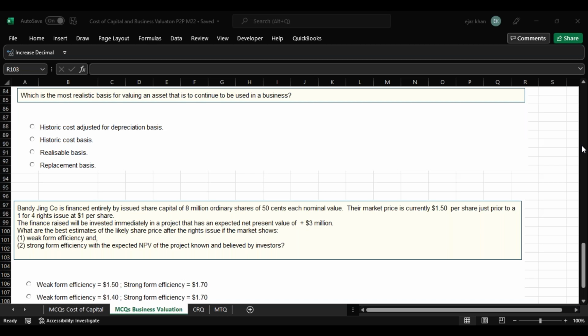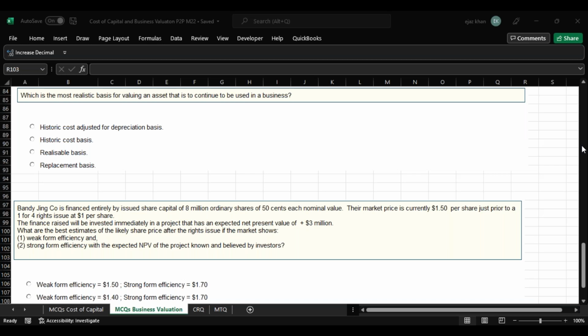And efficiency is how quickly the stock market responds to a piece of information and reflects it in the share price. That's called the efficiency of the stock market. There are three levels of a stock market's efficiency. Number one, the weak form of efficiency. The weak form is a very theoretical form, which does not exist in practice, but theoretically speaking, it is one in which the stock market only responds to a piece of information